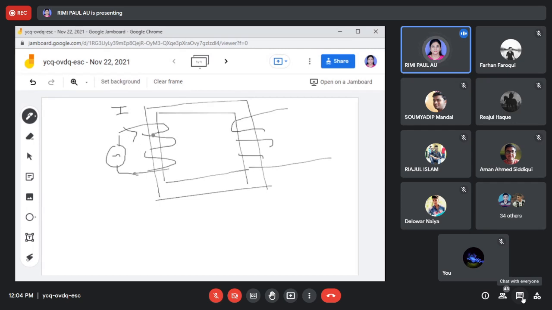When current is flowing through a coil, it creates a flux. This is an alternating current, so it will create an alternating flux. This is a magnetic path, you know that. So if it gets a low reluctance path or high permeability path,